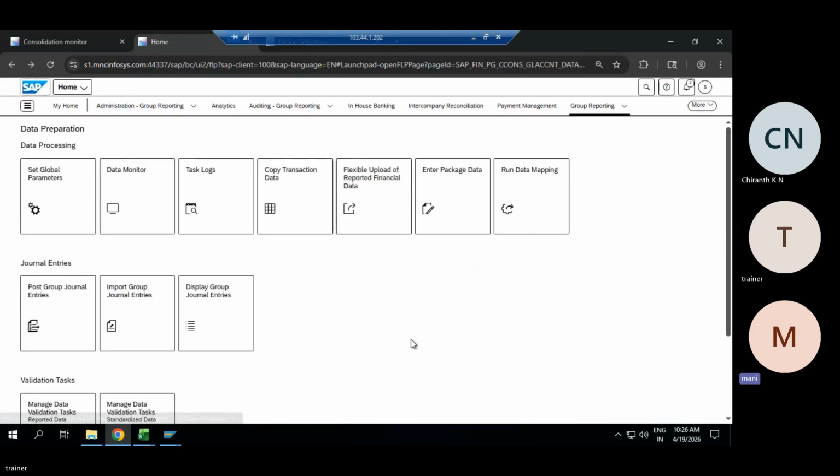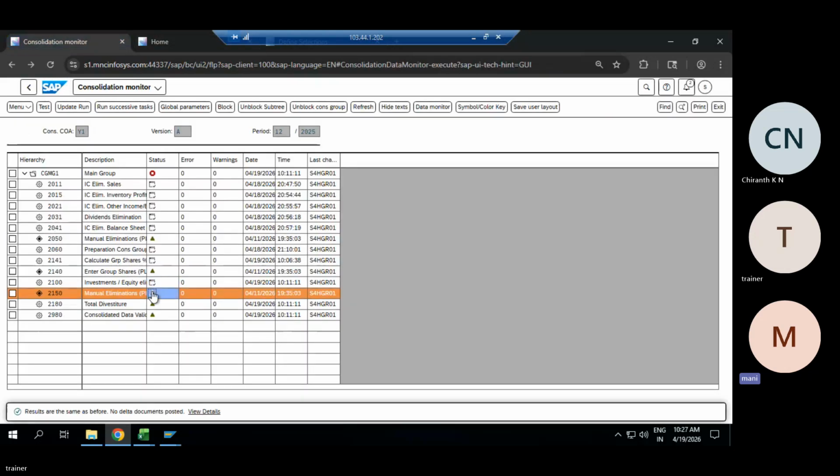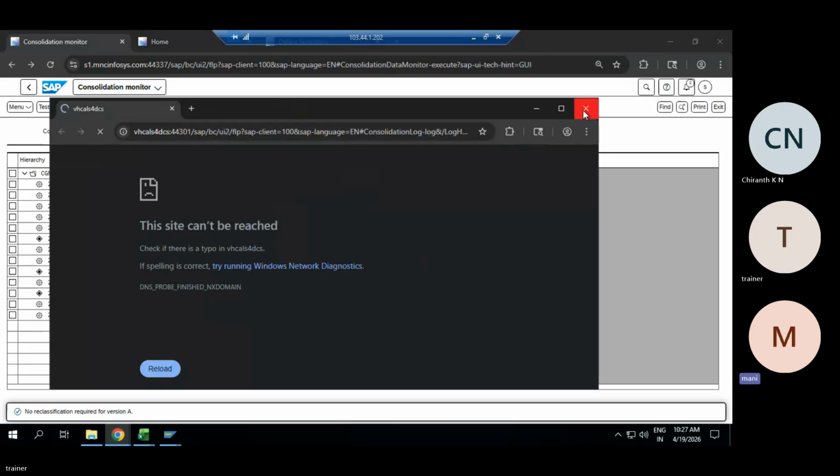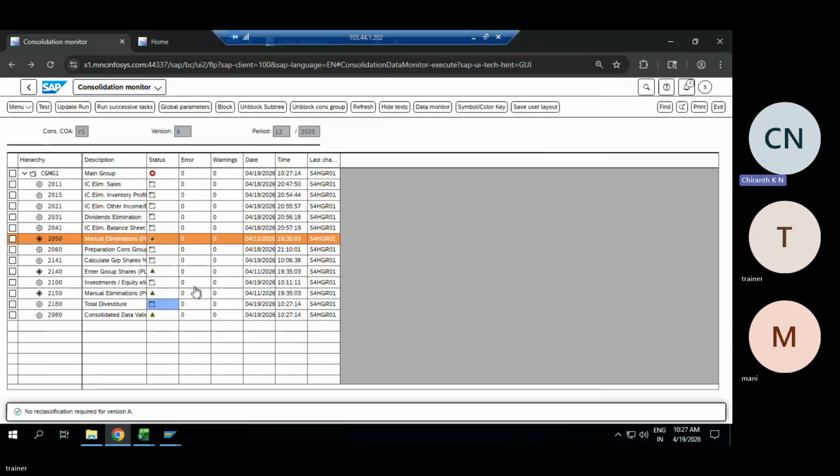Also, what are we going to do in the next class? In the next class we'll be picking up one. The complete consolidation we have completed. Then we will be doing the manual elimination, which is not applicable. For total divestiture, if any divestiture is there, we can execute this step, but it is not actually required. How you are going to set up divestiture, that I will explain. Also the substitute one, like when one entity has to be reported in different business segments. That also I'll explain.